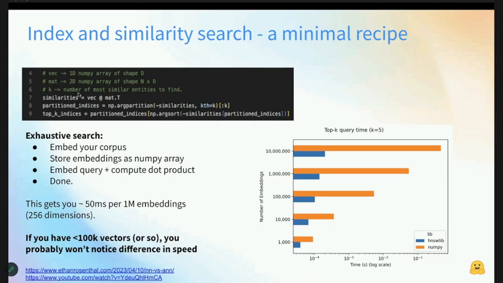And then the idea here is that really all similarity search is simply a dot product. So you just take the dot product between your query vector and all of the embeddings in your searchable corpus, transposed first, and then you just simply sort these. This dot product is going to get you back a vector of similarities. You can sort that vector and then retrieve just the highest top k similarity scores and return the indices. So in a nutshell, these three lines of code are all you need to do similarity search in NumPy,